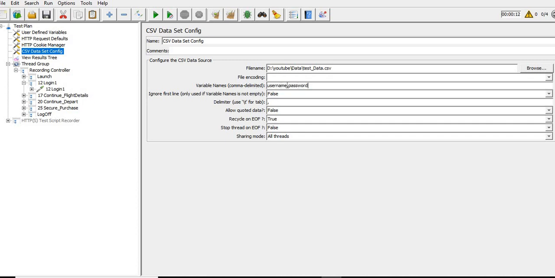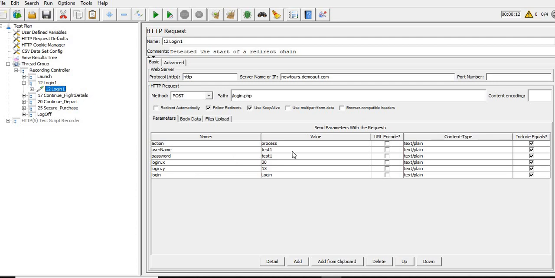Let me replace these variable names in the script as well. So this is the username. Dollar curly bracket is the syntax in JMeter which we use to call any variable, and we need to pass that variable name.